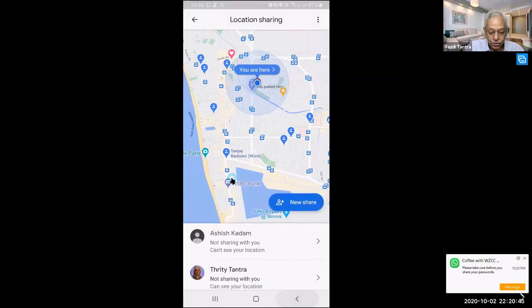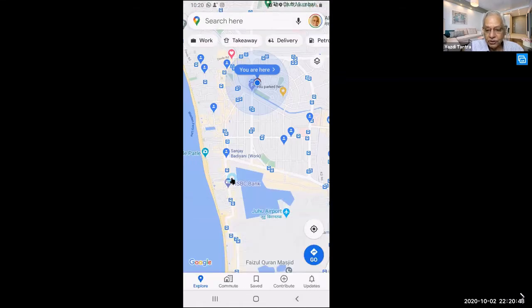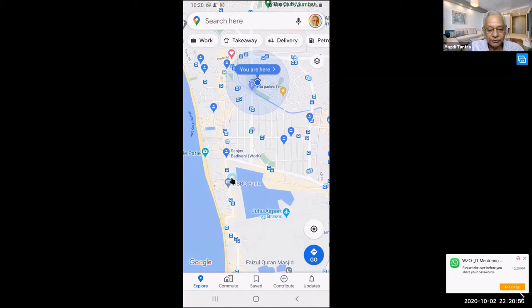So you can share your location very simply. You can share it with your friends. You can share it with multiple people for 1 hour, 2 hours, 5 hours, whatever you decide. Suppose you are going together on a trip, you want to share it for the next 3 hours, you can share it for the next 3 hours, and automatically the sharing will stop. So sharing is very simple.